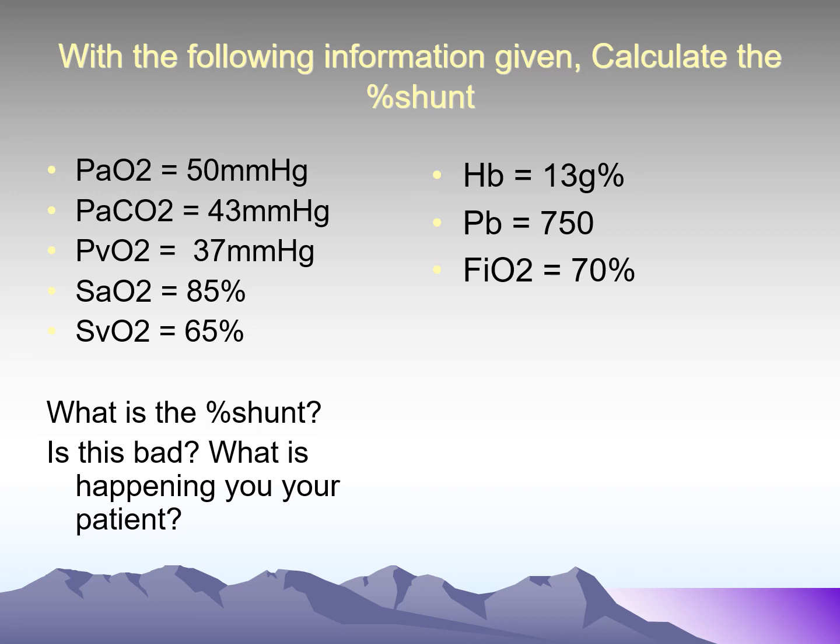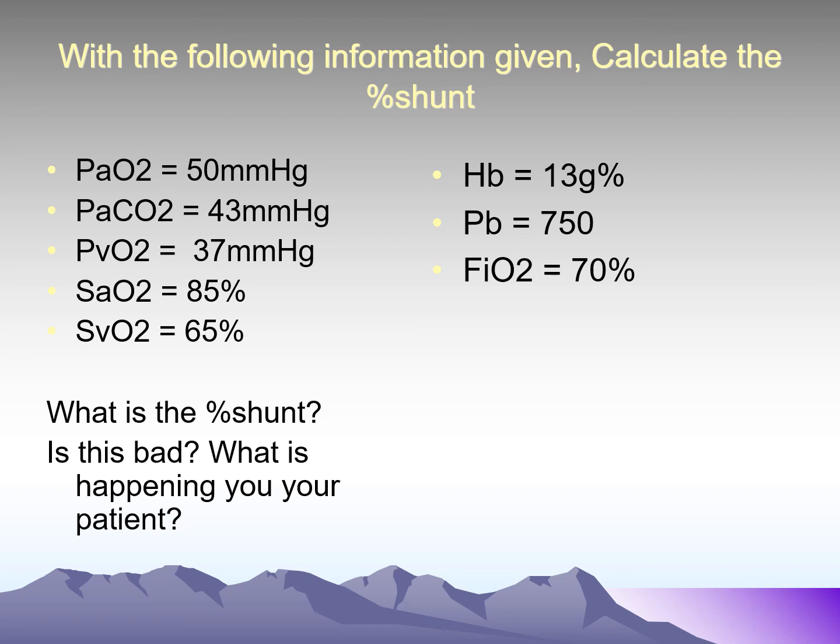So again, all the math that's associated with figuring out those values. So remember, your CaO2 is going to be your 1.34 times 13 times 0.85 in parentheses plus 50 times 0.003. So you should be getting for your CaO2